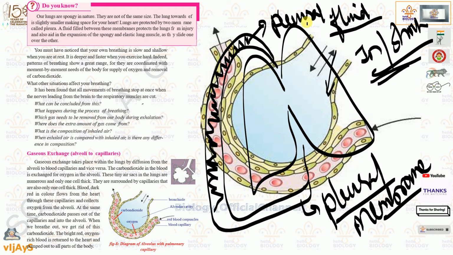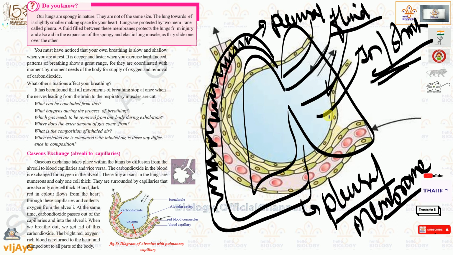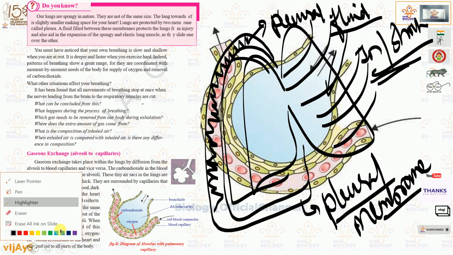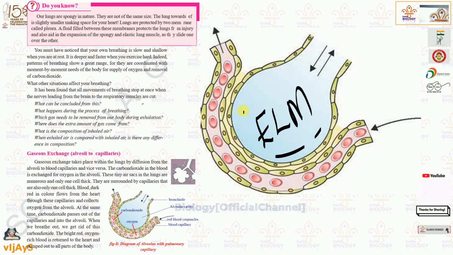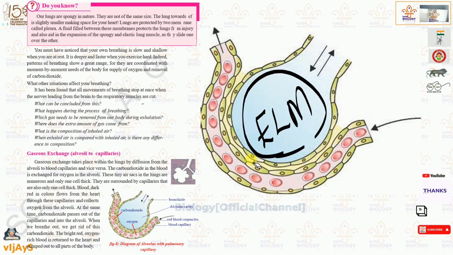So lungs are protected by the rib cage also. Bones will be there, so it will be protected by the rib cage. So this much importance is there for the lung. And each lung will have an expansion property. That means it increases and decreases. Lungs will increase and decrease, and also have long elastic muscle. Elastic long muscle will be present. That is the composition of that.